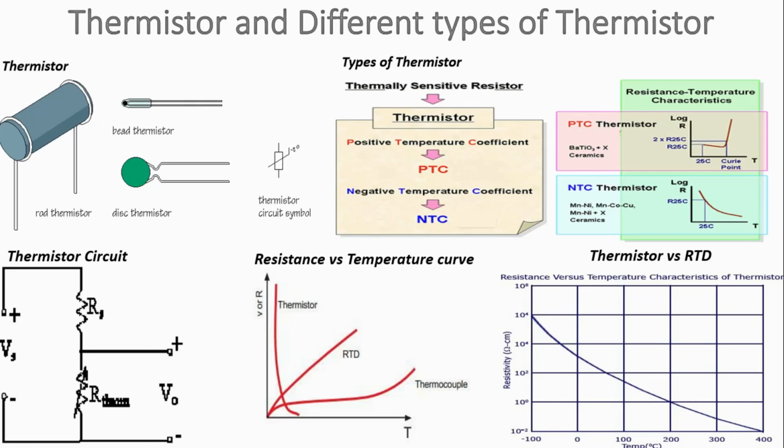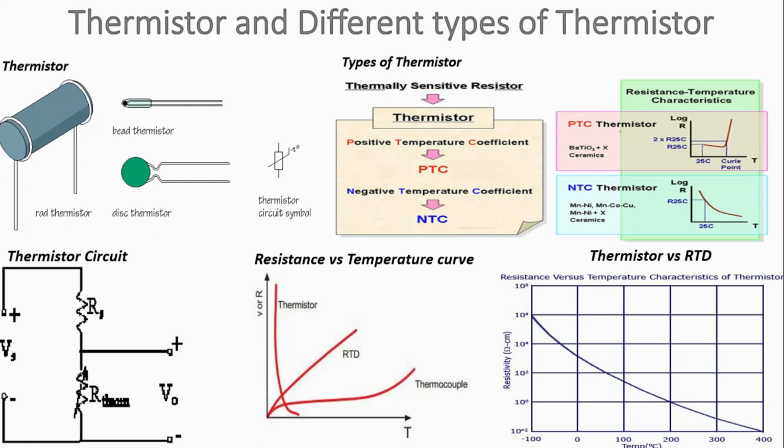The device is manufactured from materials like sintered mixtures of oxides of materials such as manganese, nickel, cobalt, and iron. Their resistances range from 0.4 ohms to 75 megaohms, and they may be fabricated in a wide variety of shapes and sizes. Smaller thermistors are in the form of beads with a diameter from 0.15 millimeters to 1.5 millimeters.